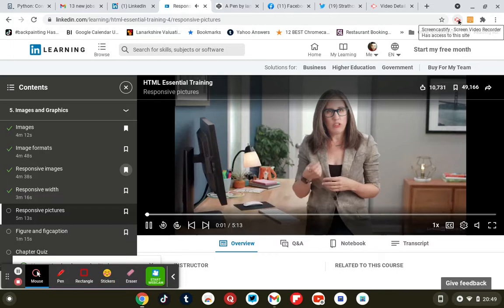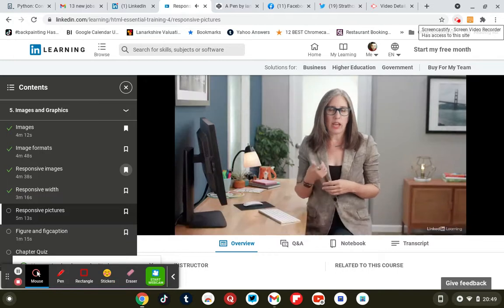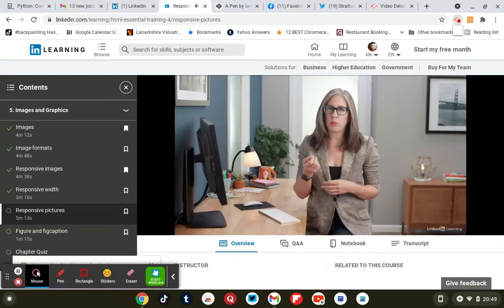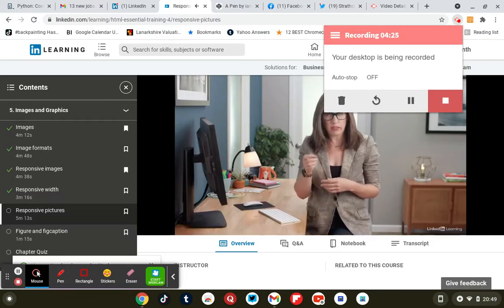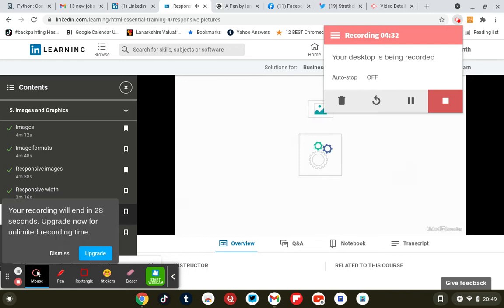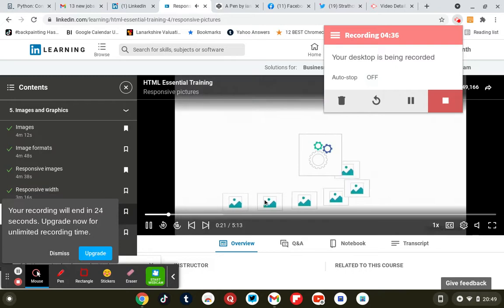In the last 2 videos, I showed you the source set and sizes attribute for the image element and how they can be used to provide multiple image files to the browser and let it decide which one to load and display. In all of those examples, the image itself, the photo of a dog, was the same photograph. It'd been saved as many